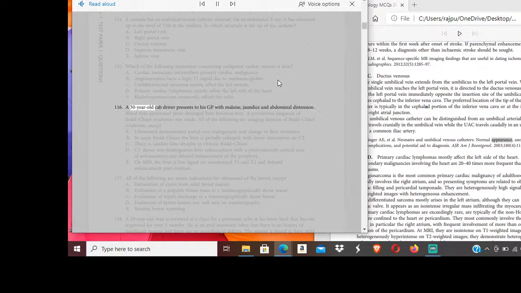116. A 30-year-old cab driver presents to his GP with malaise, jaundice, and abdominal distension. Blood tests performed show deranged liver function tests. A provisional diagnosis